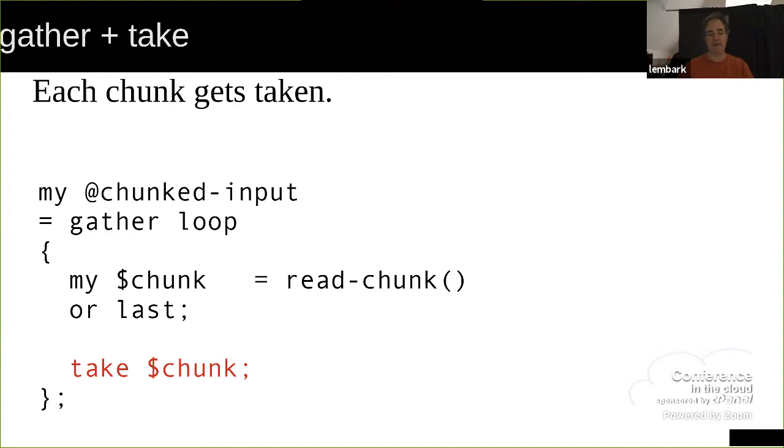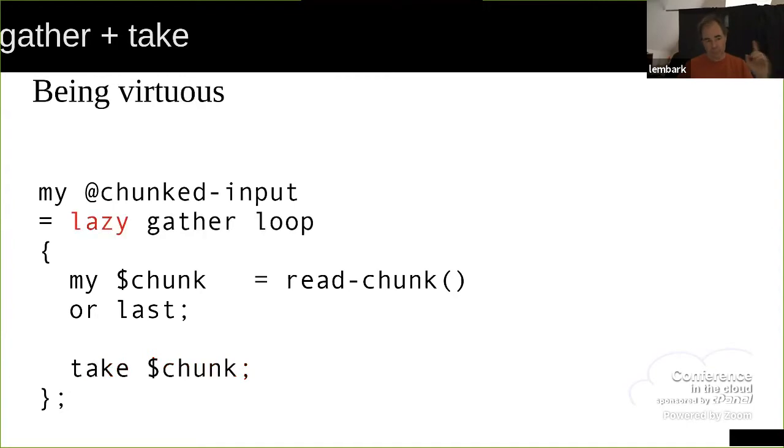is output by that gather, which the problem is I don't want all of it. I don't want a piece of it. I only need one of these at a time. So I can make that gather lazy. And a lazy gather